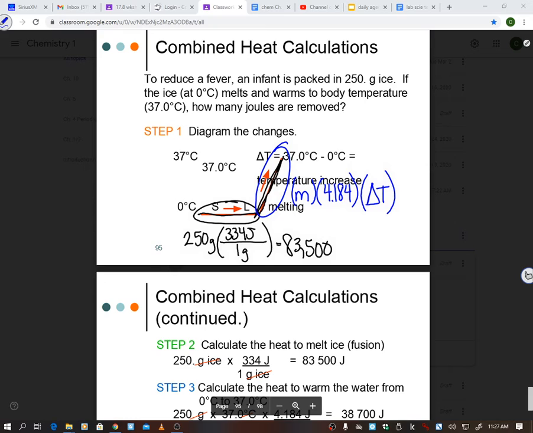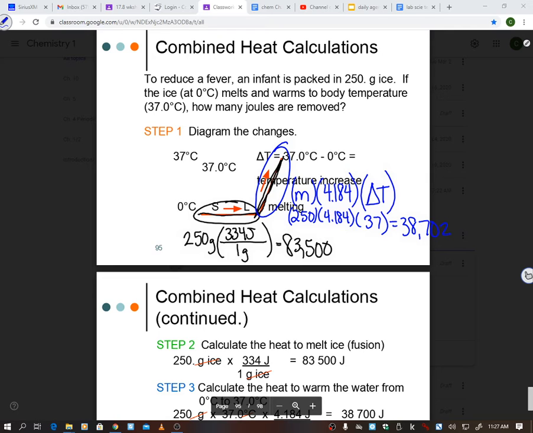Did it go all the way up to 100 or did it stop at a certain area? Well, we see that it stopped at 37. So when I do this, my mass is 250 times 4.184. That is a constant. If we're dealing with water, that 4.184 is always going to be there. And it went up 37 degrees, 0 to 37. So I'm going to take 250 times 4.184 times my 37, and that is